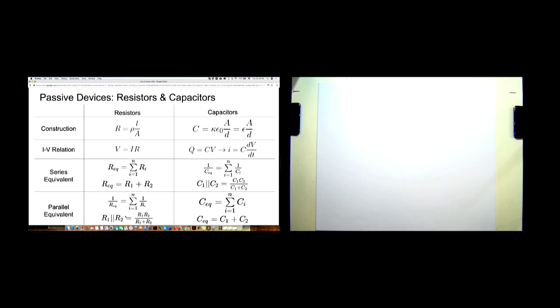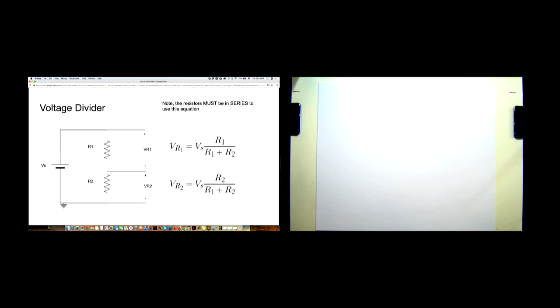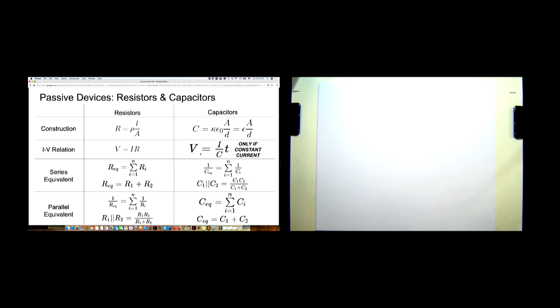Now, with capacitors, as you have seen, the situation is kind of reversed. So when you have them connected in parallel, you just add up the capacitances. When you have them connected in series, 1 over C equivalent is the sum of 1 over all the capacitances connected in series. We also have this relationship which comes if you integrate the I equals C dV/dt relation of the capacitor and solve for the voltage: V equals I over C times T. This is true only when you are integrating a constant current. If the current is not constant, you cannot really do this, and you need to perform the actual integral.